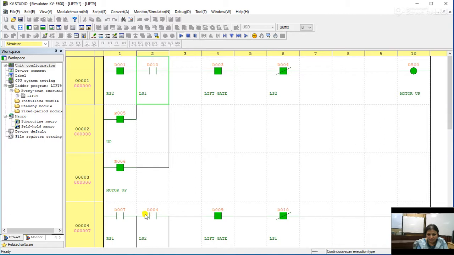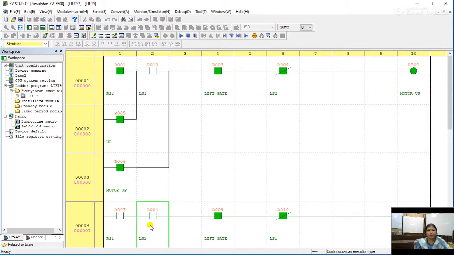And this turn off will indicate that it has left the second floor and reached the ground floor. So you have to be very careful while activating these limit switches LS1 and LS2.